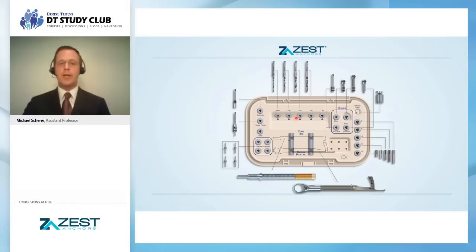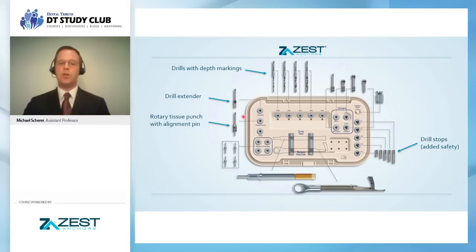If we were to break down the surgical kit, it's pretty easy and intuitive and safe instrumentation. We have drills with depth markings of different calibers and different sizes. We have drill stops that you can place on this implant. They actually snap into place, and it comes with the kit at no additional charge for increased safety. You have an extender that allows you to reach in tough spaces. You have a rotary tissue punch that allows you to punch and create clean, nice tissue punches. You have direction indicators that will check your parallelism throughout the procedure. A core tool, which we're all pretty much familiar with, but this is the standard tool that you will use